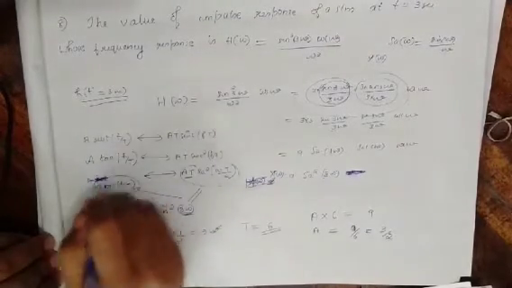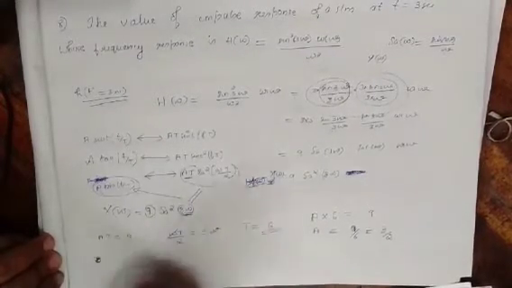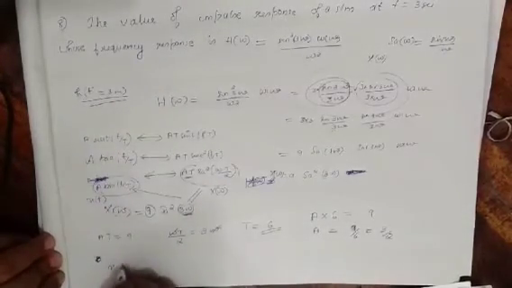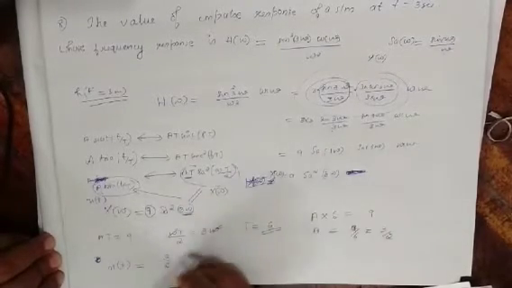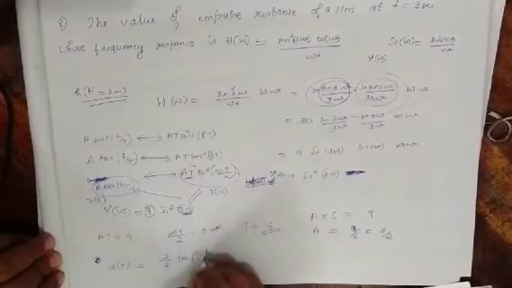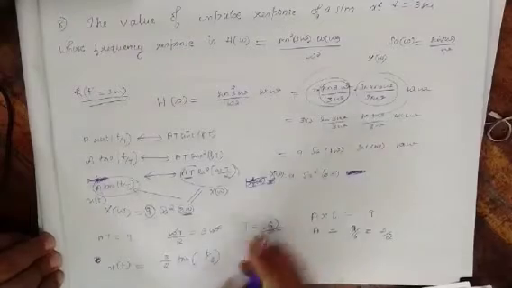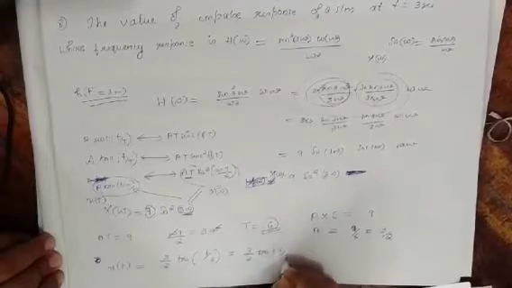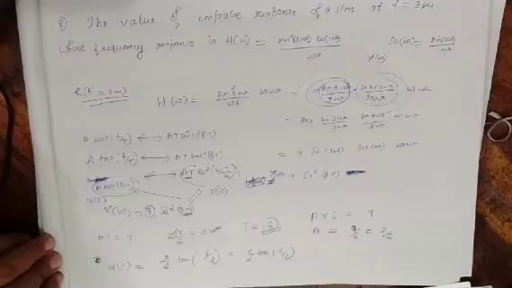So, this triangular function will be our x of t. This is x of omega, then its inverse will be x of t. So, x of t equals, instead of A, we can write 3 by 2 triangle, T divided by the period, which is 6. So, that is equal to 3 by 2 triangle T divided by 6. Is that clear? Up till now,